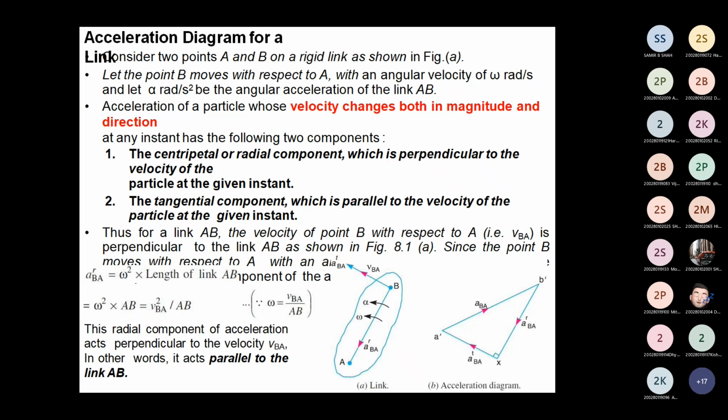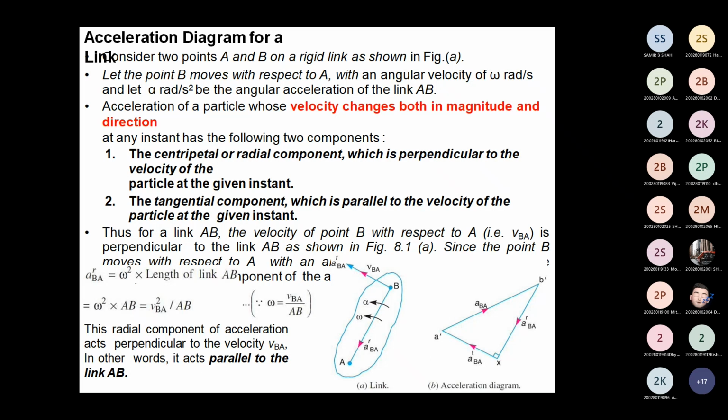The velocity diagram is perpendicular to the space diagram. Now, from the velocity diagram we have to draw the perpendicular line, which is the radial part. You just note down this: the radial part is either parallel to the space diagram or perpendicular to the velocity diagram. You have to remember that. And the other is the tangential component, which is parallel to the velocity diagram or perpendicular to the space diagram.